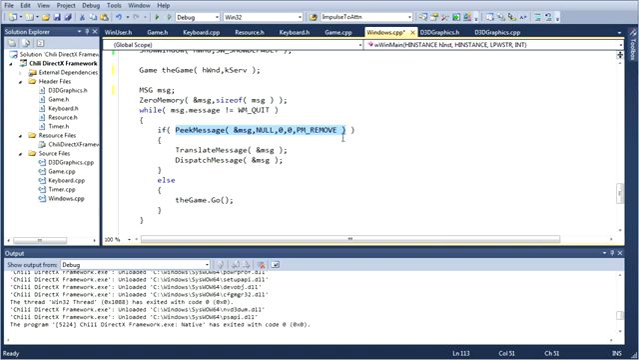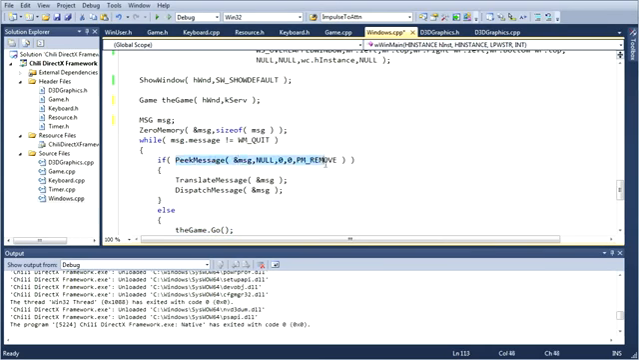First, it checks if there is a message waiting for our window. In the message queue, there's a queue of messages, and it checks to see if there's a message in the queue. If there is no message, it returns false, and we process our game frame. We go to the game and we call .go, and we run a single frame of our game. But if there is a message,